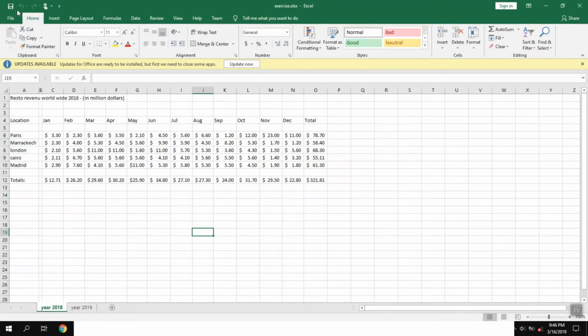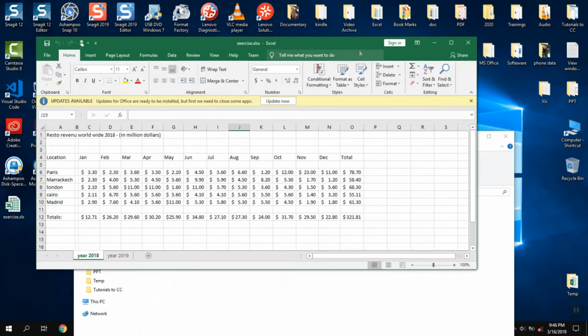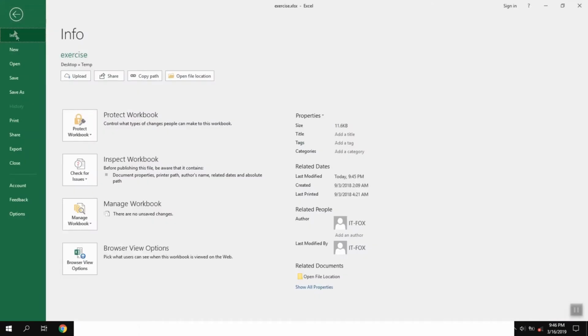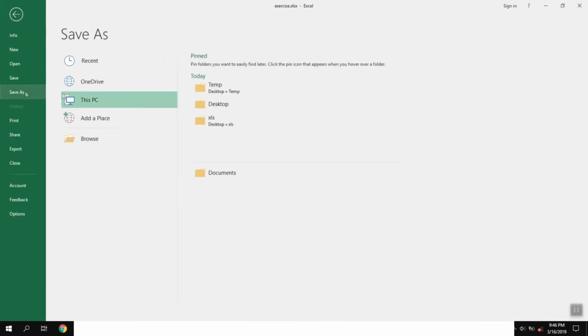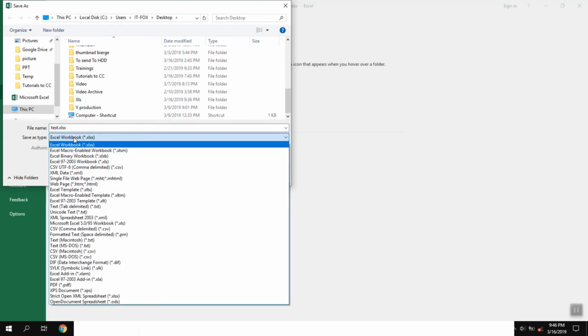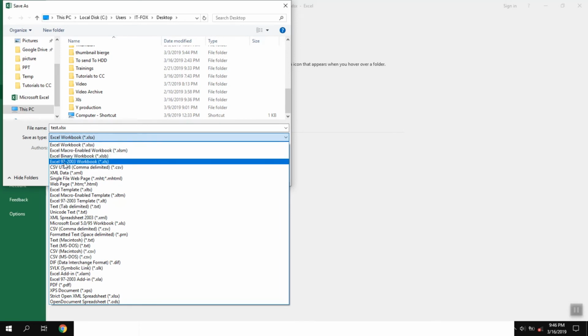So the second option: you can always click on File, and you can click Save As, and you find the location where you want to save your Excel file. For me, for instance, I want to save it on my desktop, and here we are going to name it Test, and in the option Save As Type, we're going to click, and we will select Excel